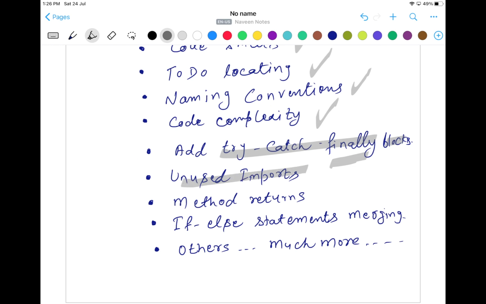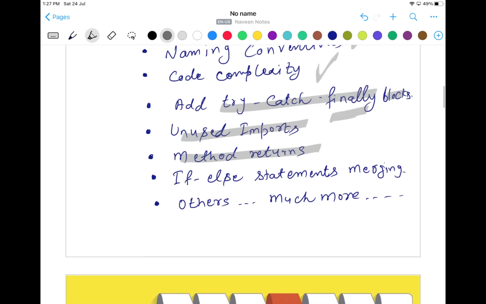Other than that, unused imports, and method returns are also very important. Let's say in a specific method, you have a number of if conditions and all the if conditions are returning true, and in the else you are not returning anything and there is no method return also. In that case, it will check and give you a suggestion. It will raise a bug over there: okay, this method is not returning anything, or wrong return, or duplicate returns. Then for if-else statement merging, it will check if you have written a number of nested, unnecessary if-else conditions or a common if-else condition, it will immediately catch those, and then check whether it is fine or not as per the rules.